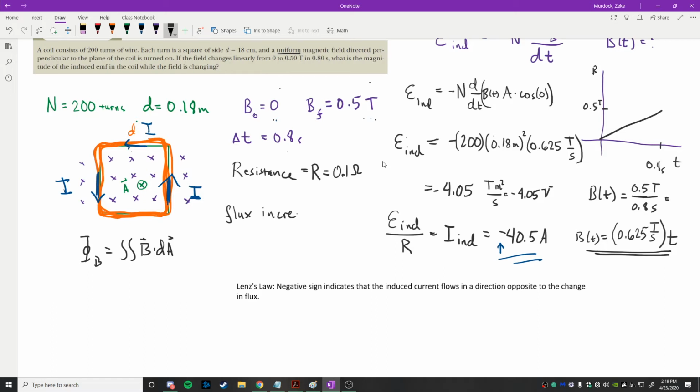Flux goes up, right? Zero magnetic field, some magnetic field, but that doesn't tell you what flux is, because to get flux you have to also multiply by the area, right? The flux got bigger, so the induced current